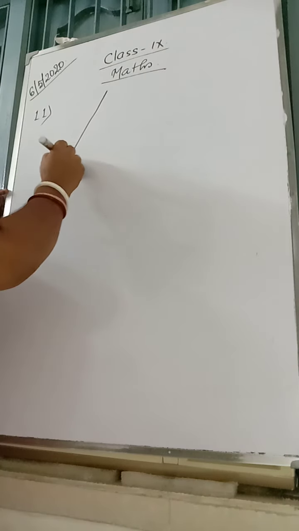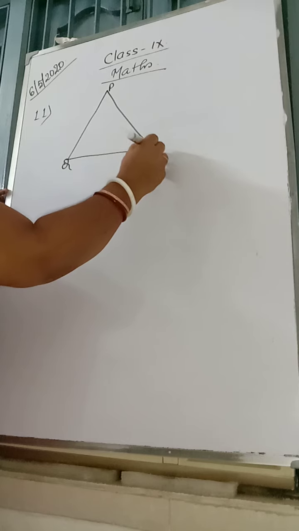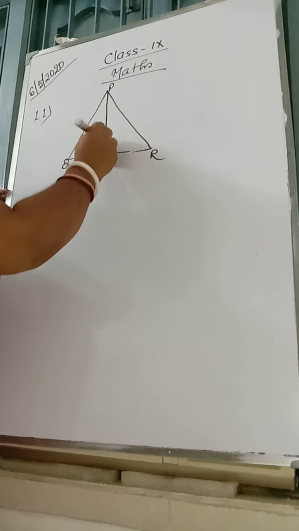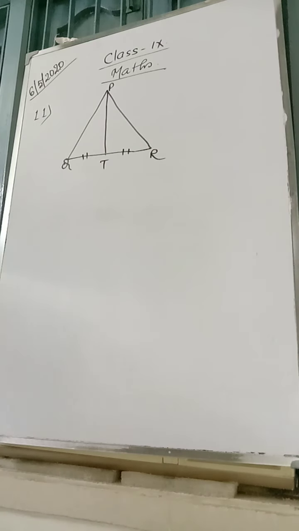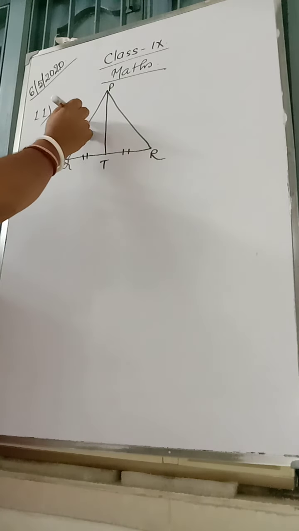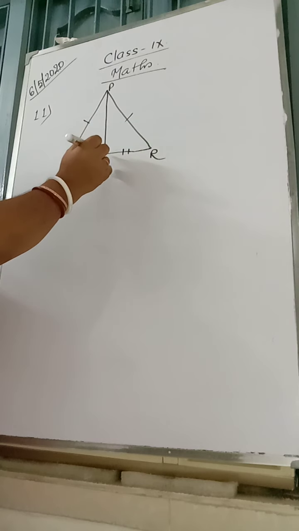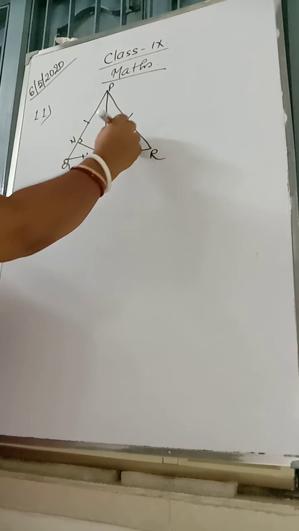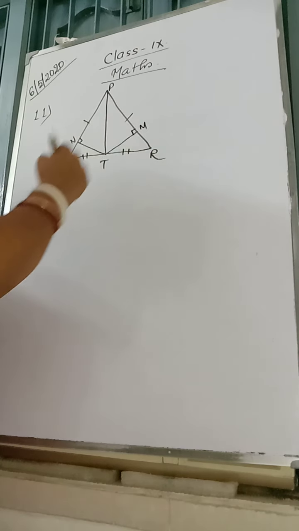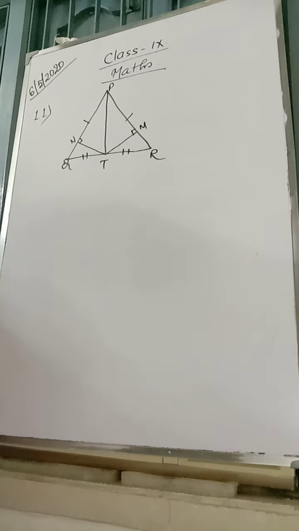So let us first draw the isosceles triangle PQR. Done. Now T is a midpoint of QR, so these are equal. Now TN and TM are the perpendiculars drawn on PQ and PR respectively. Given: